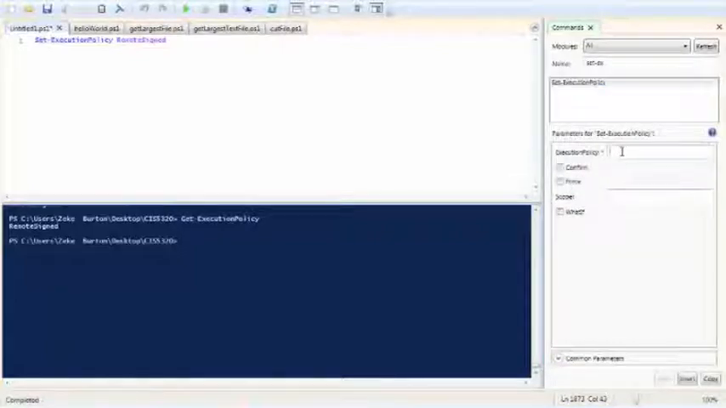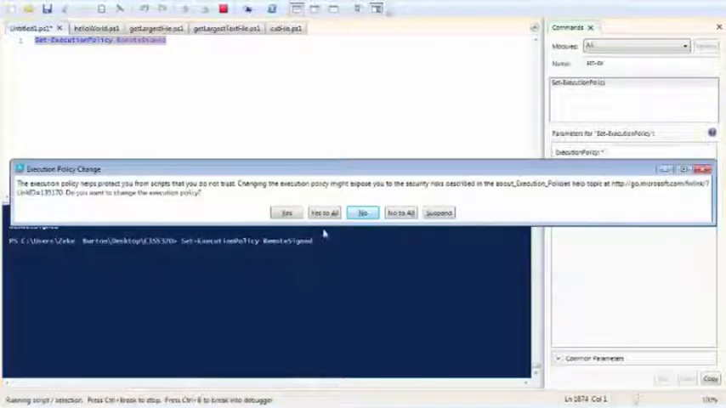we see that we have to pick an execution policy to set it with. The ISE doesn't give us options, but we know from the PowerPoint that one option is remote sign. This is the current level that mine is. So you could simply copy this and paste it, but it says, hey, the execution policy helps protect you from scripts that you do not trust. Changing the execution policy might expose you to the security risks described in about execution policies help. This is basically explaining, hey, these restrictions are set